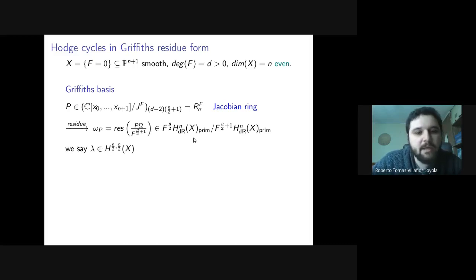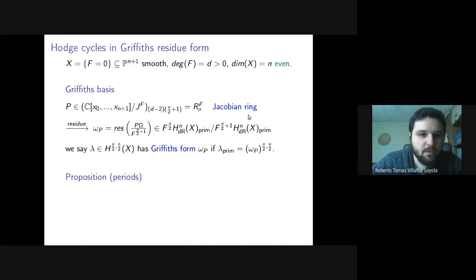So I will say that an n over 2 class lambda has Griffiths form omega p if, whenever I look at lambda inside this quotient, it is equal to omega p. So in other words, the primitive part of lambda is the middle part of omega p. Okay, so by what I said, this omega p is unique in the Jacobian ring. Okay, so